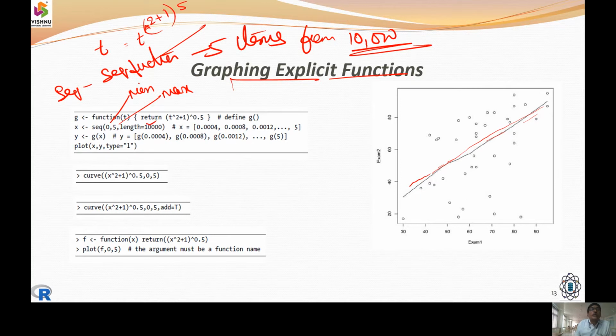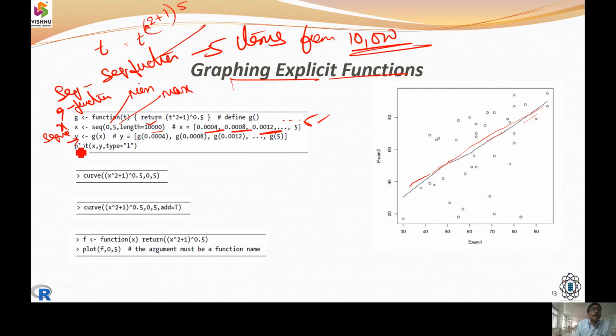Now we are going to get these values with 0.0004, 0.0008, 0.0012. In this way, we are going to get the function values. So we computed x here. G, we made a function here. G was a function. Yes, it is going to be a sequence operation with the minimum value of 0, maximum value of 5, and which is stretching up to 10,000. And obviously, we should choose 5 entities. We have chosen 4, 8, 12, etc.